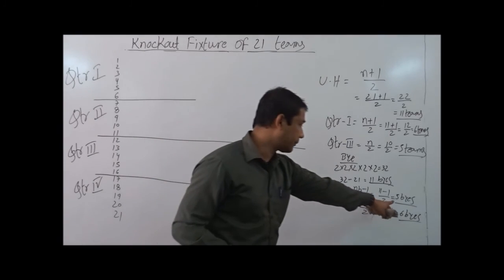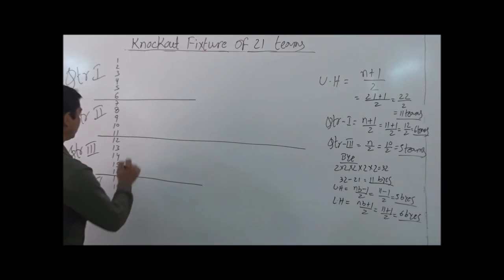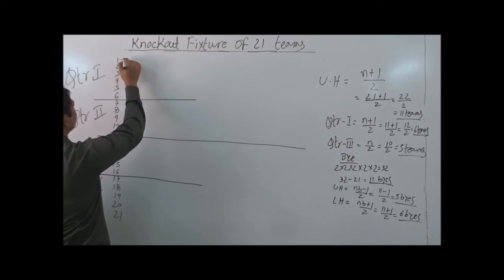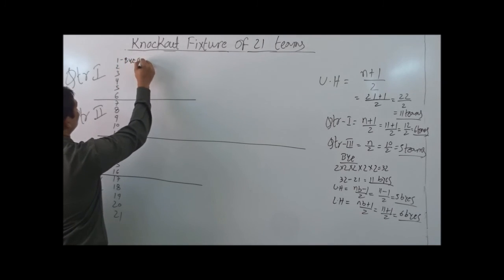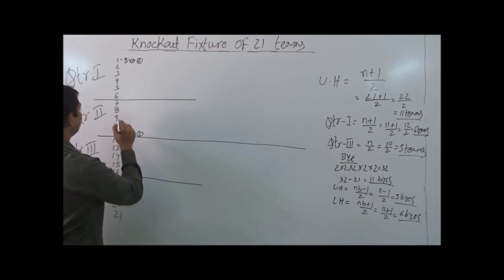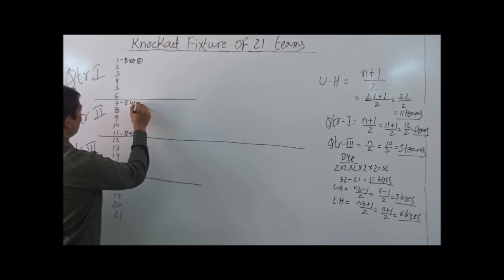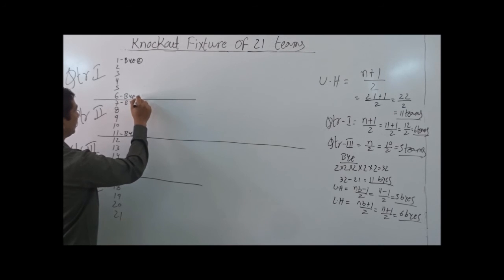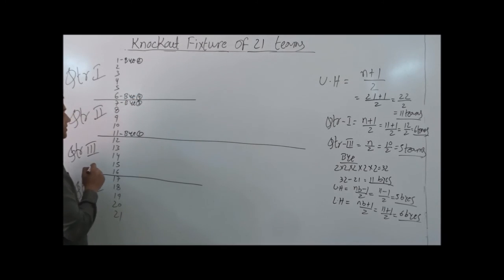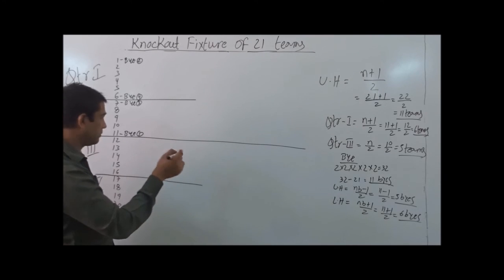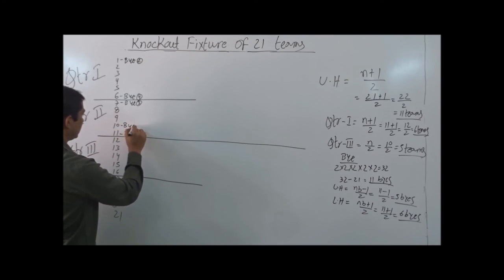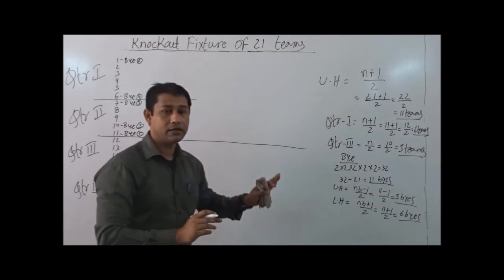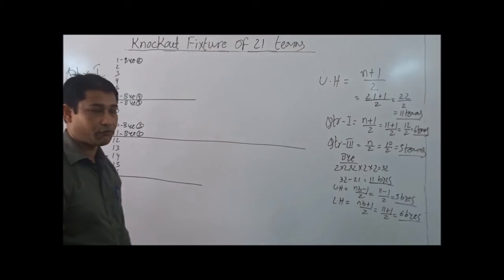So first of all, let me give 5 byes in upper half. Bye 1 to team 11, bye 2 to team 1, bye 3 to team 7, bye 4 to team 6. We need to give 5, so one more bye, come to 10. Bye 5 to team number 10. So for upper half we have given 5 byes.